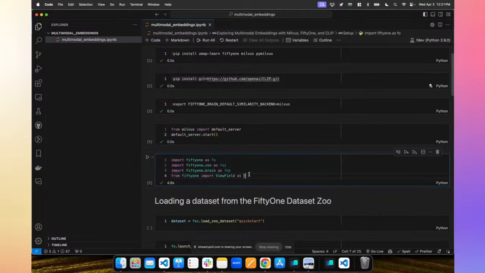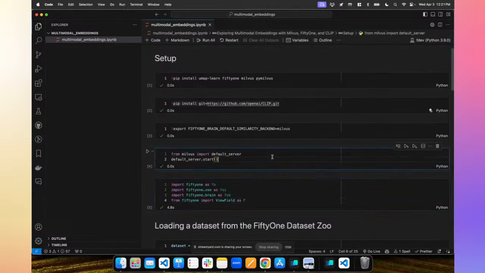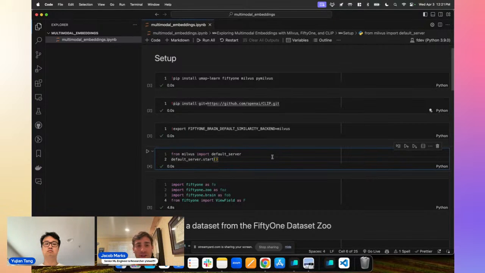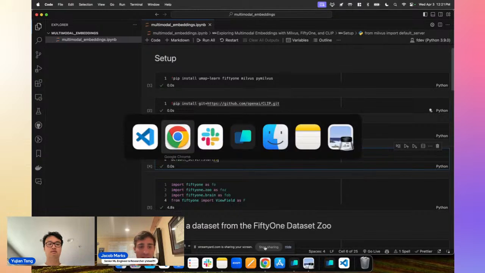So we're going to do all of that and import some of the FiftyOne library modules, and then we're going to get started. So I'll pause a second here and keep this screen on, and I'll see if there are any questions in the chat, and then we're going to dive in and start visualizing our data, generating embeddings, doing semantic searches, creating these indexes with Milvus, and so forth and so on.